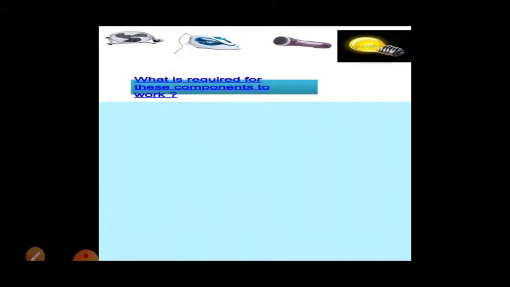Now just observe all these objects like electric fan, iron, electric microphone or bulb, then TV, fridge, washing machine. So what is required for these components to work? If we have to make them work, what is required?